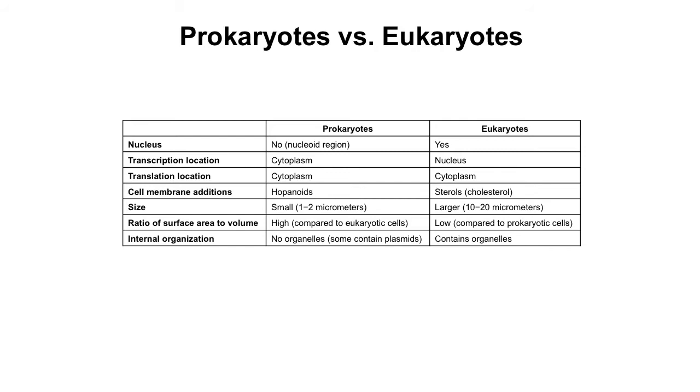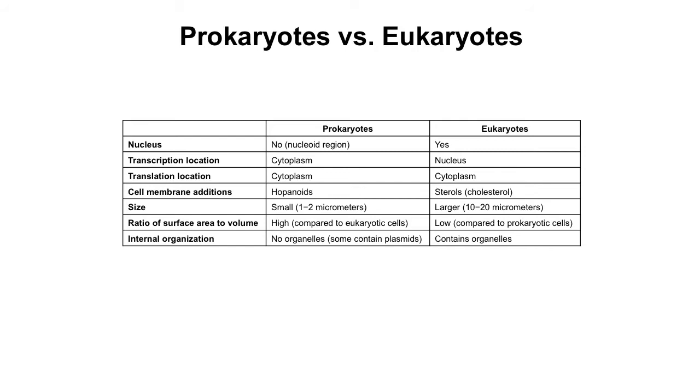membrane components. In terms of size, the prokaryotic cells are really small, from 1 to 2 micrometers, for example, with E. coli. The eukaryotic cells, on average, are 1 order of magnitude larger, or 10 times larger, from 10 to 20 micrometers, or they can even extend up to a meter long, or even longer. So eukaryotic cells display a wide range of sizes, much larger than prokaryotic cells. With respect to the ratio of surface area to volume, the prokaryotic cells exhibit a high ratio compared to eukaryotic